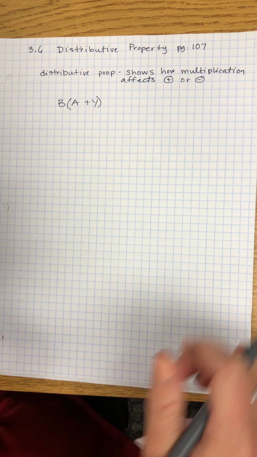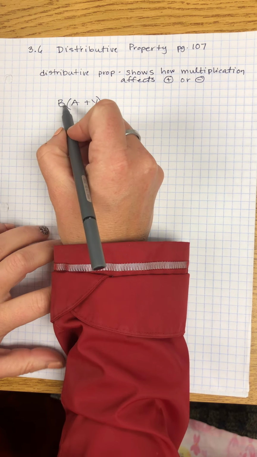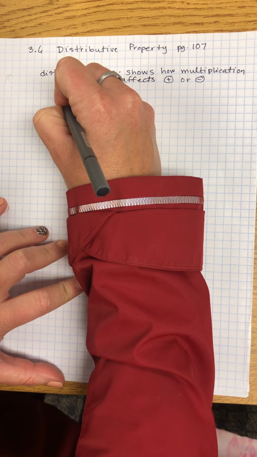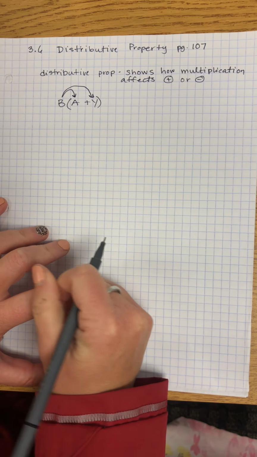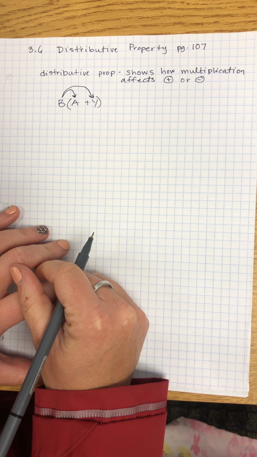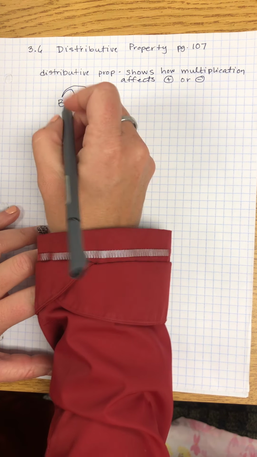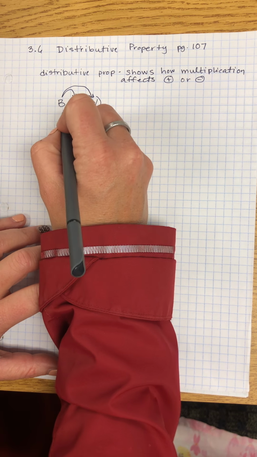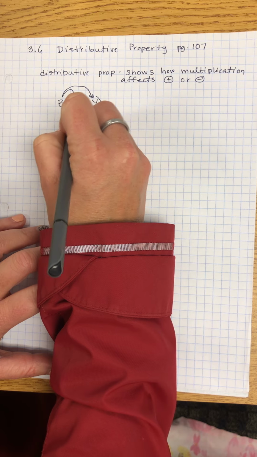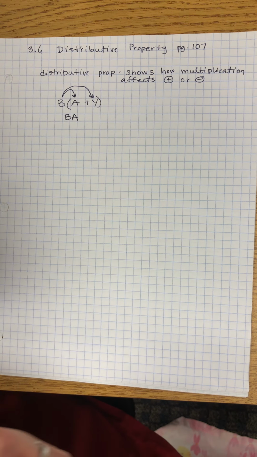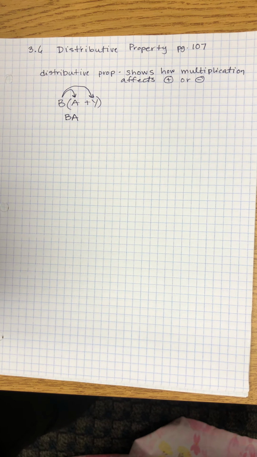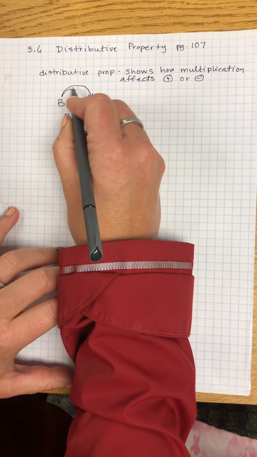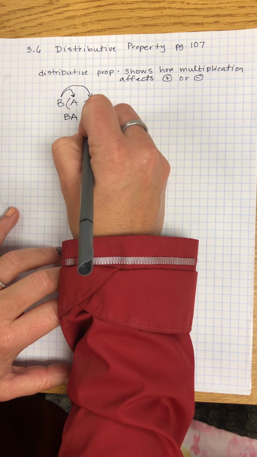Okay? For the distributive property, you take whatever is on the outside and you multiply it to both things on the inside. So B times A, because we don't have those, we don't know what numbers they represent. In pre-algebra, we put them together without any symbol between them. And when we do that to the second letter in there,